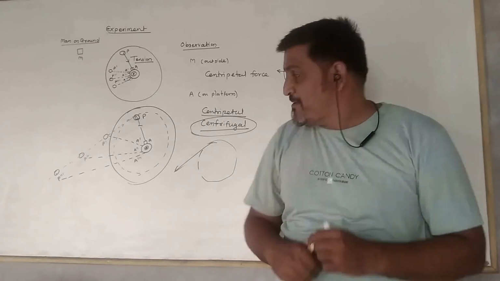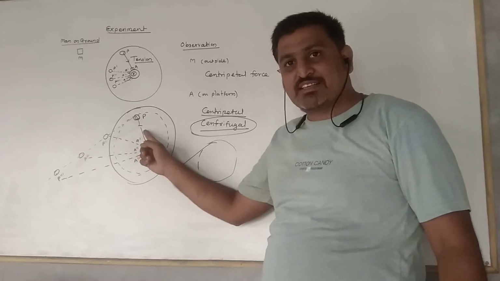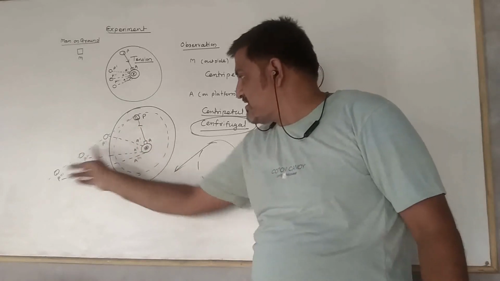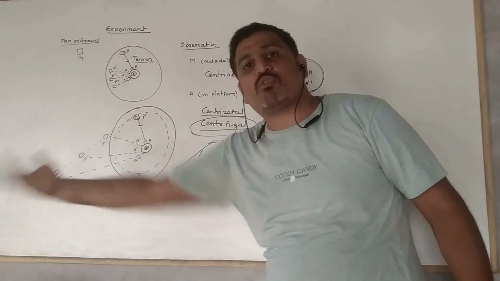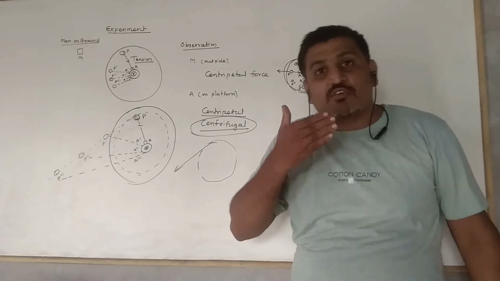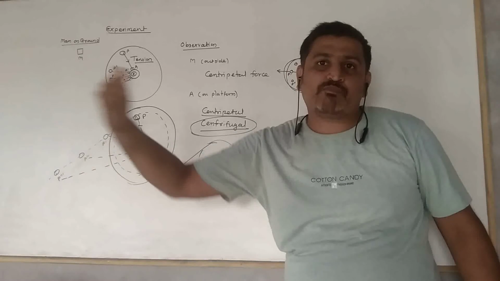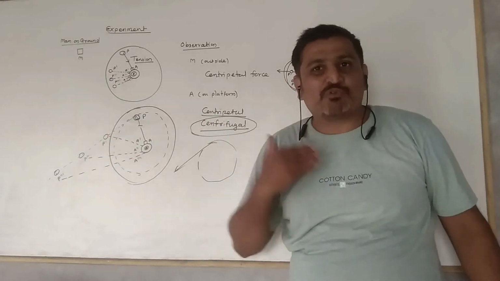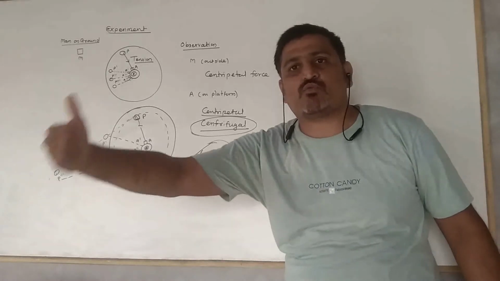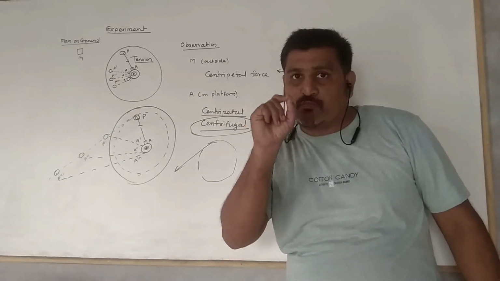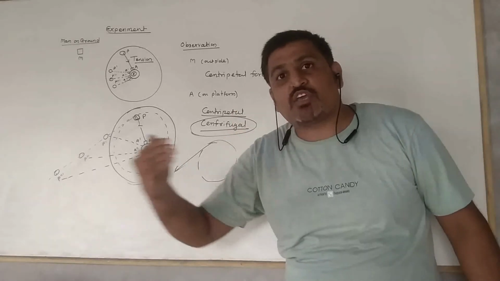What he finds is that the distance of the ball from him is initially lesser. Now this distance increases, and at P triple dash he finds more distance. Means he finds that the ball is going away from him. The ball is going away from him in a straight line. He feels that the ball is going farther and farther away from right in front of me. Means one of the forces is acting on the ball which is moving the ball away from me.